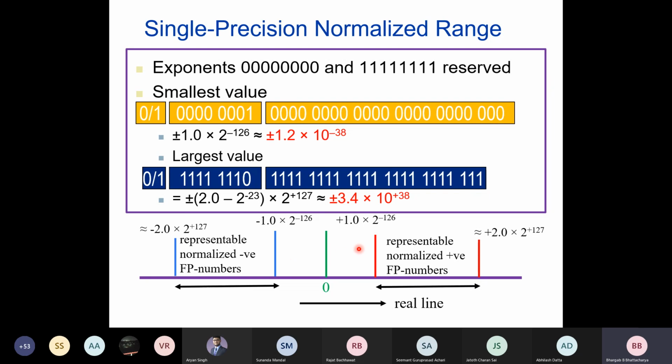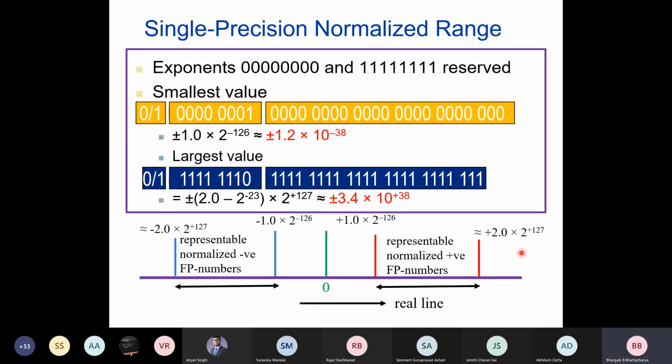Similarly, these values are too small. It is already 2 to the power minus 126 here. So this is too small to be represented, too small positive numbers that can be represented. And this is too small negative numbers, which you cannot represent, right? As far as you have this limitation of 32 bits, with 8 bits of exponent and 23 bits of mantissa. So what are these ranges? What are these intervals, rather?